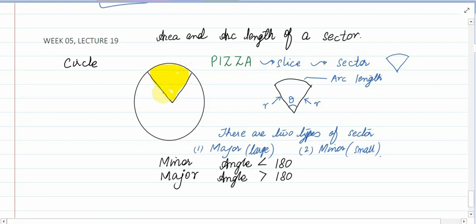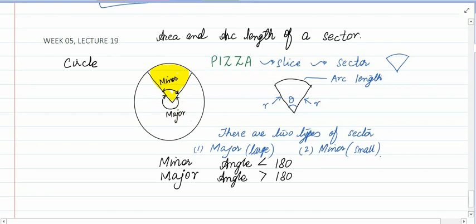So first talk about the angle. This angle, what do you think? Is it greater than 180 or less than 180? Of course it's less than 180, so that means this yellow part is a minor sector, right? And this part, the leftover piece, is major sector,